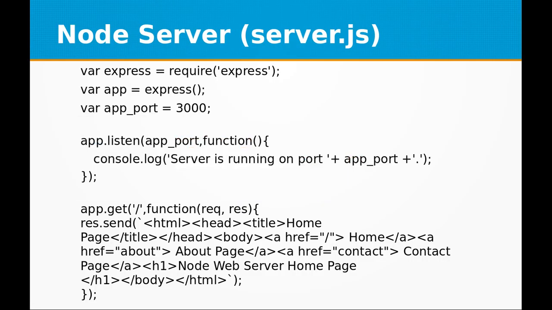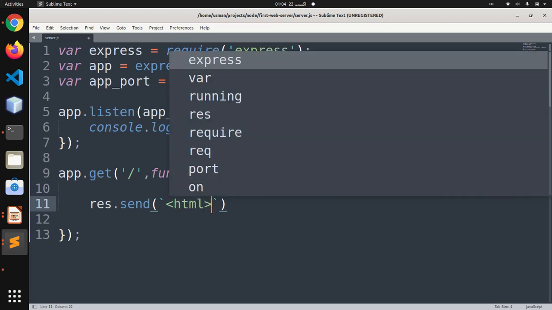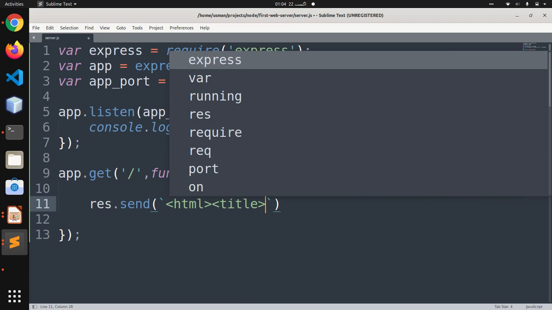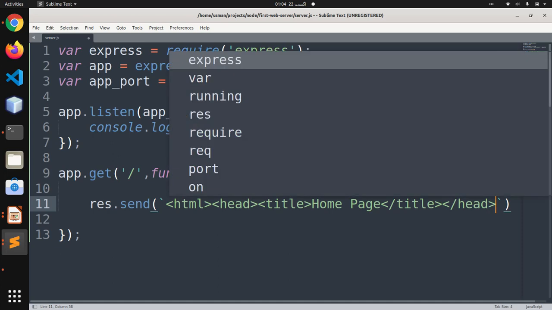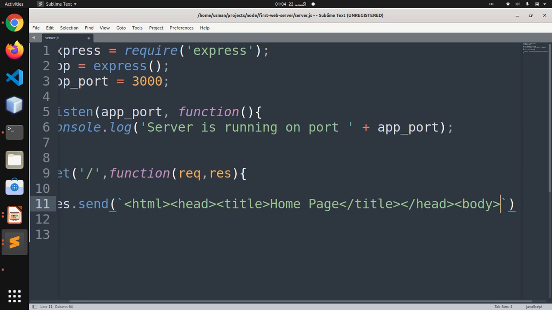Here we can use response.send, and within response.send we can add HTML. I'm using a tilde sign here because within tilde sign you don't have to escape the characters of the HTML, whether you are using single quotes or double quotes. So our first page is home page, so this is the title, and it comes within the head tag. So head and title, home page, and just after the title I'm closing the head tag and starting the body tag, and within the body tag I'm going to say this is